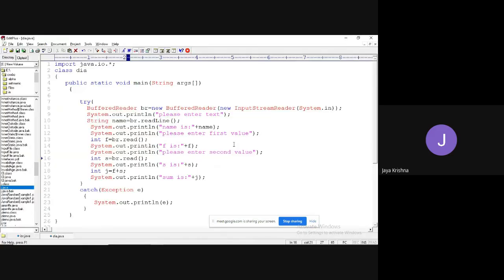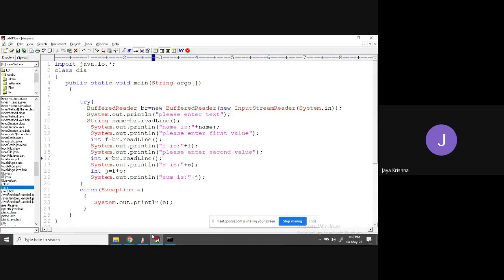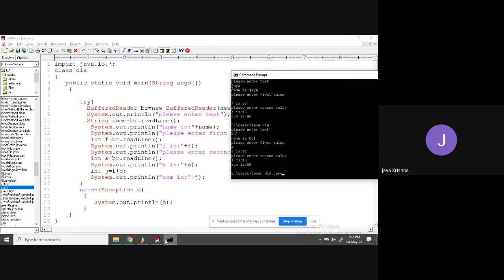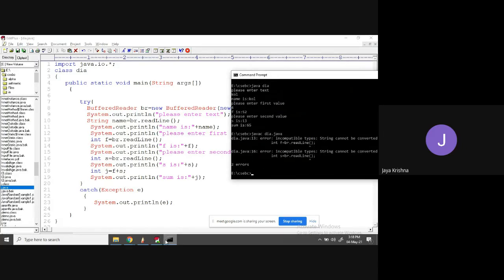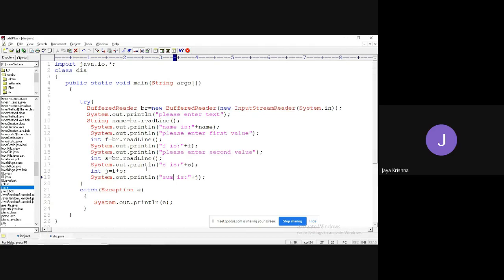Or else I will convert it into the readLine method. Now let me execute so that I can show the error. So it is always in the form of string format, right? String format.